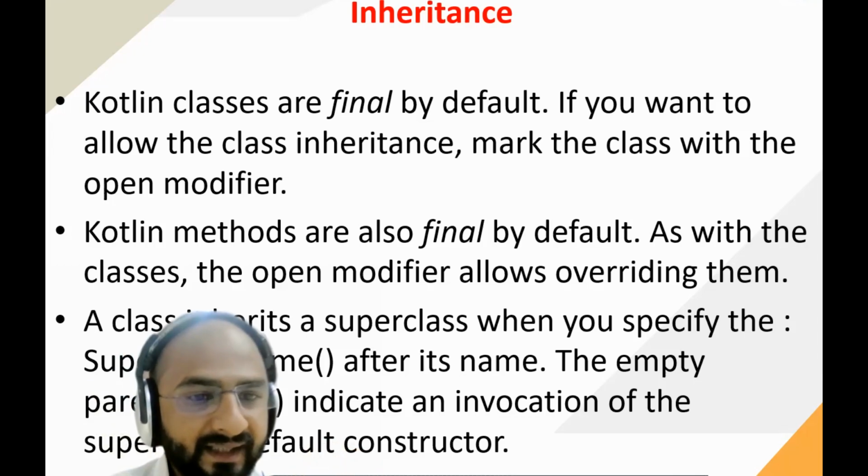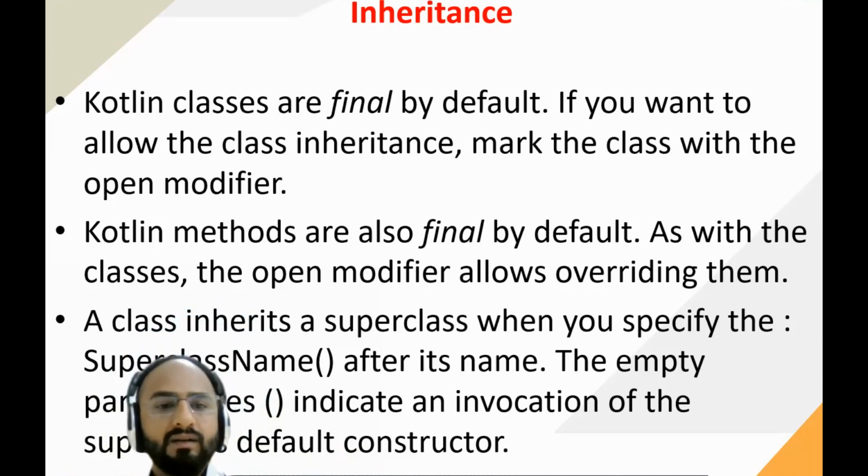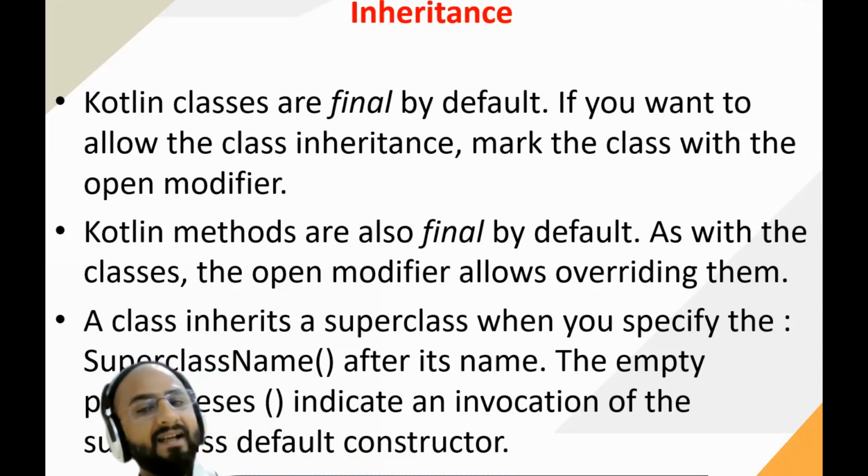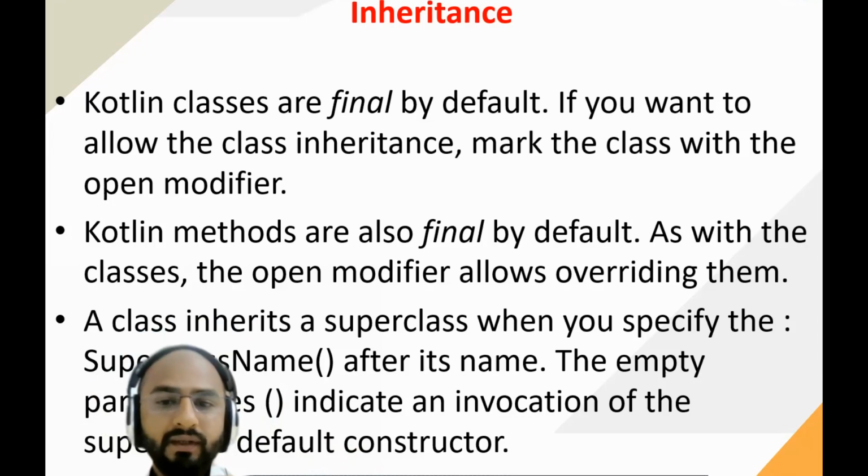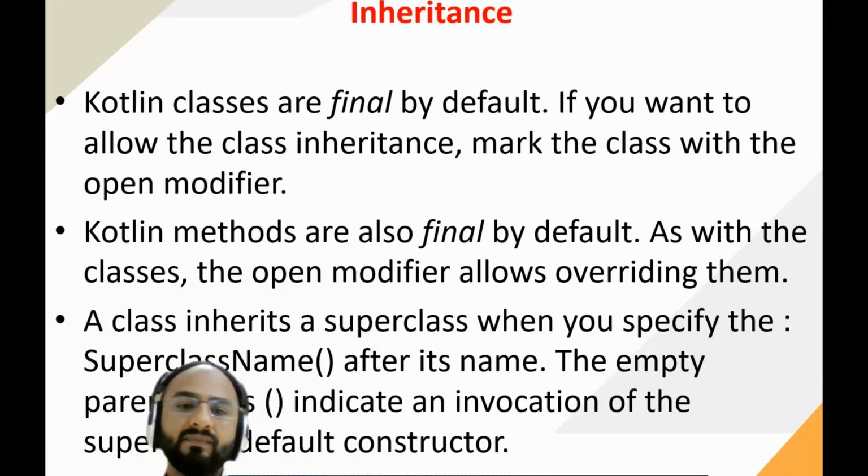Now you are inheriting that super class into the subclass, right? So if you want to override that method in the child class, you need to open that method also. You need to make the method open,